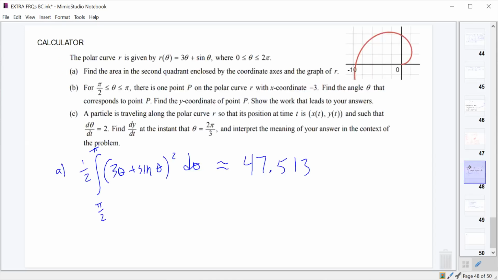C. So for part C, we've now got a particle traveling along the curve, so that its position at time t is x of t, y of t, and we've got d theta dt is equal to 2. We want to find dy dt when theta is 2 pi over 3. So all of this is really just around the y value here. We don't really care what the x value is. We're really just talking about the y value. And so